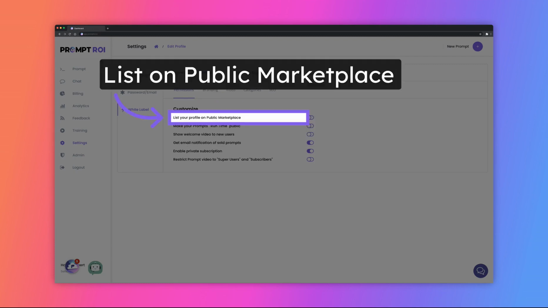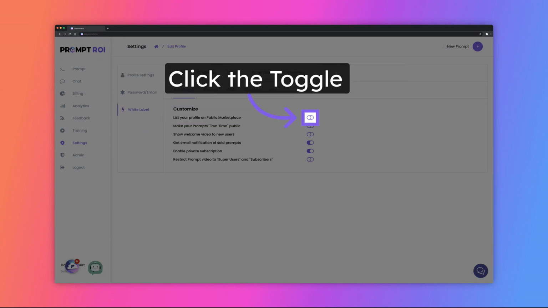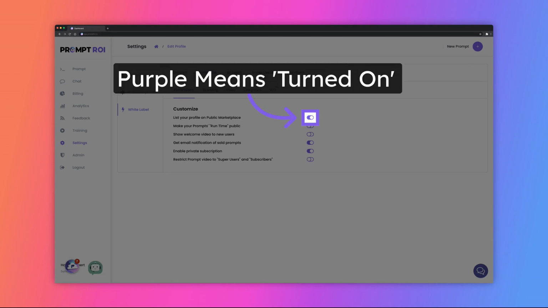If you turn on this first toggle, your profile will be listed on the public marketplace. So with it off, you'll maintain your anonymity from the public experts. To turn a permission on or off, just simply click this little toggle right here. As you can see, it moves to the right and you'll see the purple color indicating that this permission is